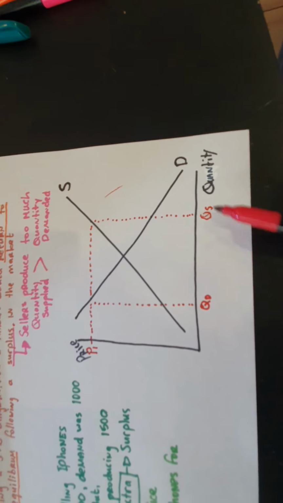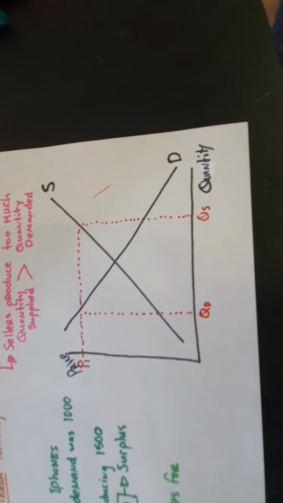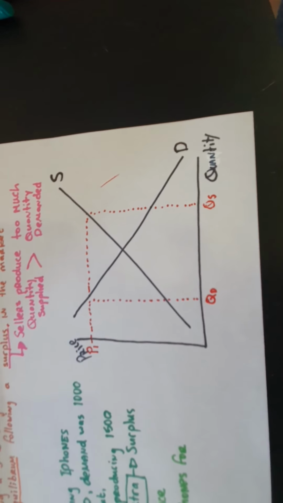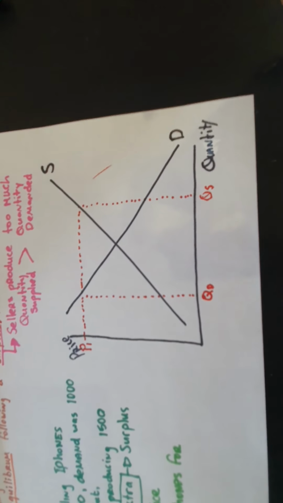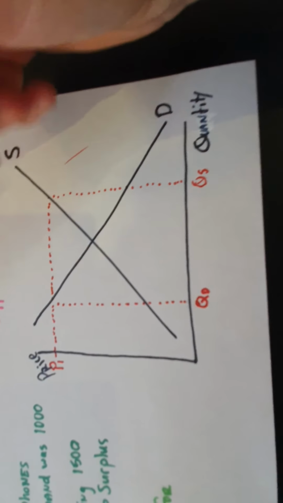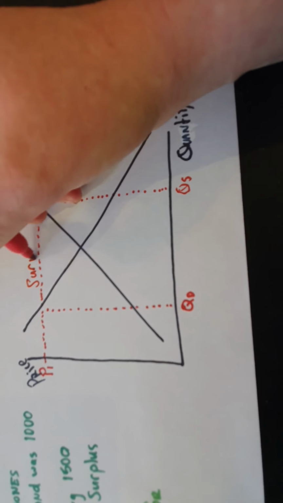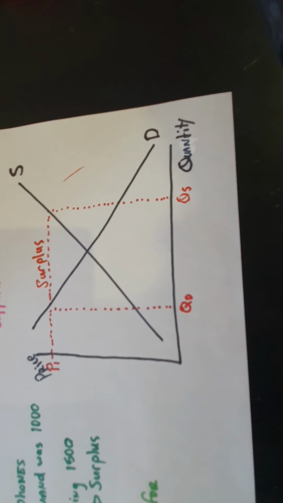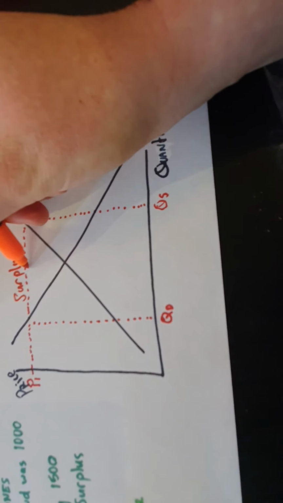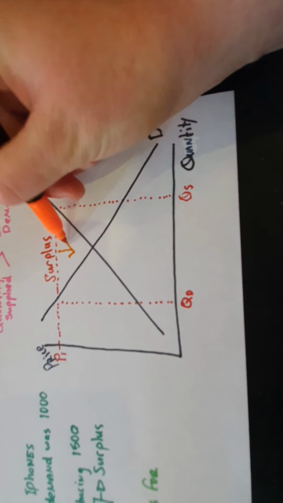So both are true. But what it's asking us is, how do we return to equilibrium? So how we return to equilibrium is we need to drop the price. So this line here currently represents the surplus. So what we would do in this scenario is we would drop the price. So we would bring the price down